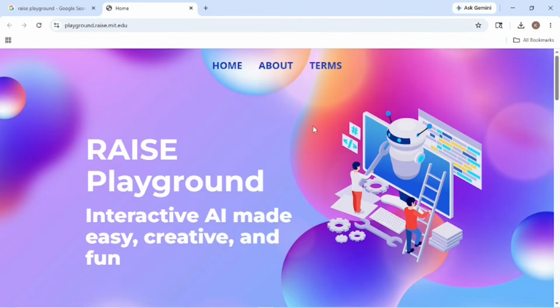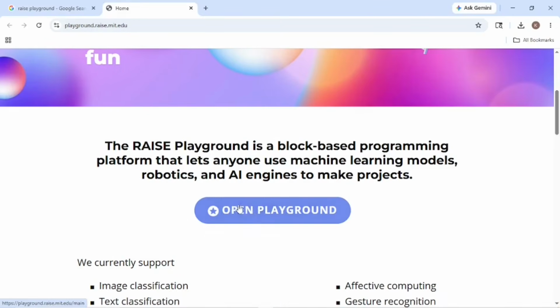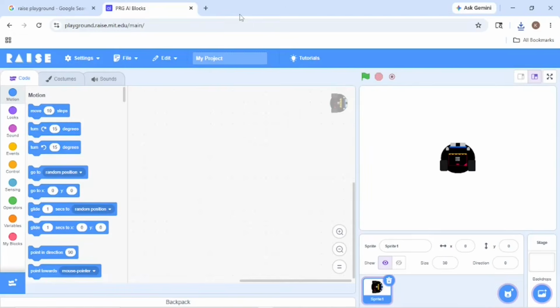You have seen in our many videos where we have shown you how we can use a number of extensions in Race Playground. So here first we are going to open Playground. So this is our Race Playground Scratch screen. First what I'm going to do in this project, as I already told you, we are going to show you by using the voice command how we can make the sprites turn on, off or run anything, whatever